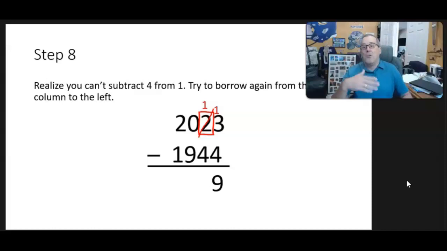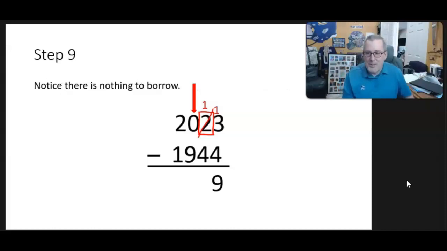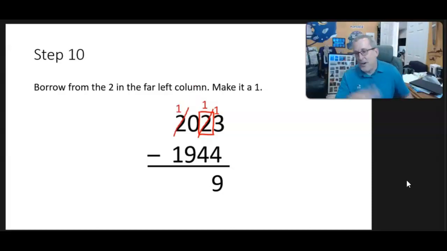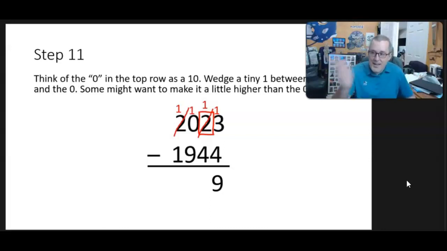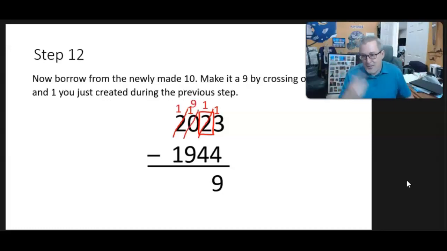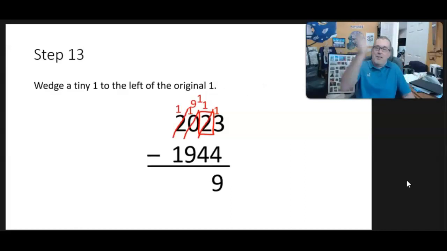Step 8, we realize on the next column that we can't subtract 4 from 1. So now we have to borrow once again from the next column to the left. But the problem is there's nothing there. It's a 0. There's nothing to borrow. So we have to go all the way to the far left and borrow from that 2, make it a 1. Think of the 0 as a 10, wedge a little tiny 1 between the 1 and the 0. We might want to make it a little higher than the 0, but now we have a 10 there, so now we can cross off the 10, make it a 9, borrow from there, and bring the 1 over to the other one, and maybe again wedge it up there a little higher,